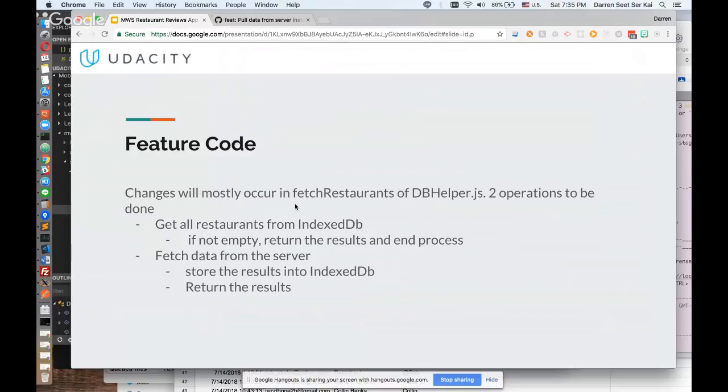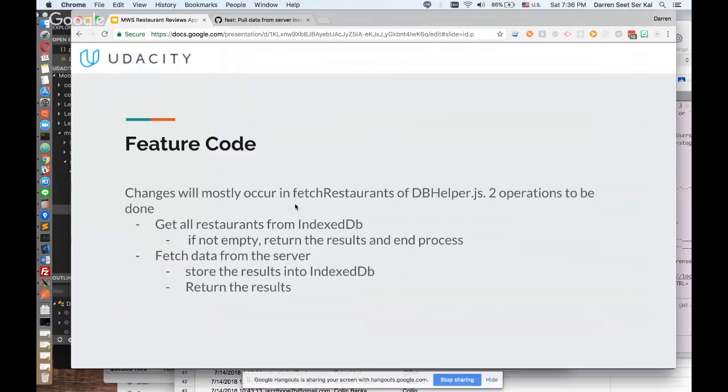I can't remember whether it's DB helper or one of the files, but there's a default value for the parameter, and if you are not careful, you could pass undefined in, and then it caused a bug that took me so much time to figure out that I decided to rewrite everything. But that aside, what you basically need to do for stage 2 is